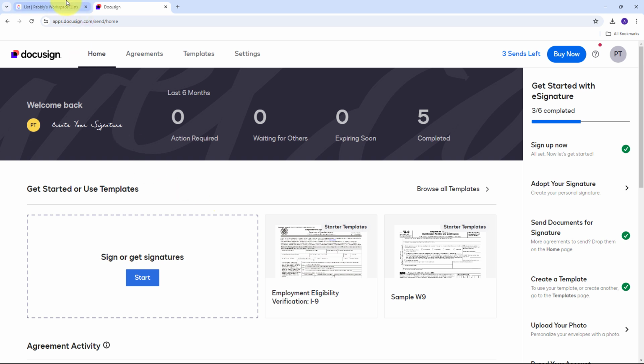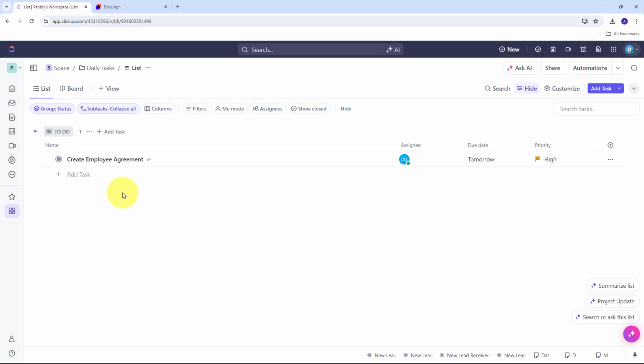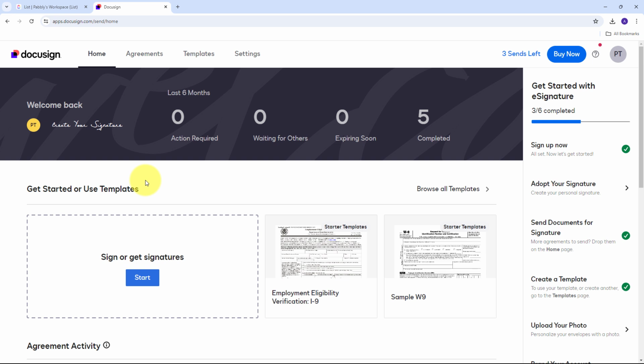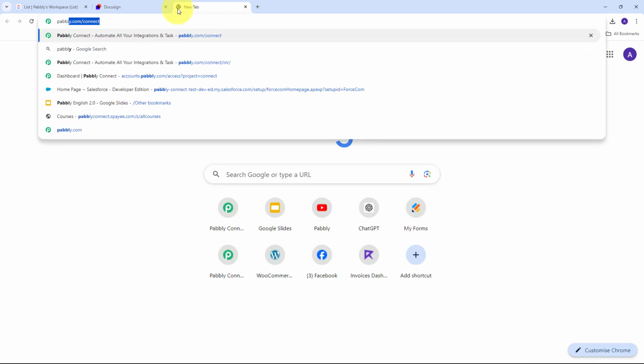And here I'm going to create a new task in ClickUp, and I'm going to set up this integration between ClickUp and Docusign, so that as I create a new task in ClickUp for the creation of a document for my employee, then automatically, by using all the details of the employee from my ClickUp task, that document should be created. For creating this integration, I am going to use Pabbly Connect, an amazing software for automation and integration. With Pabbly Connect, I'm going to build this connection between ClickUp and Docusign without any coding or programming skills. So for using Pabbly Connect, I need to open a new tab and search for pabbly.com/connect in my browser,